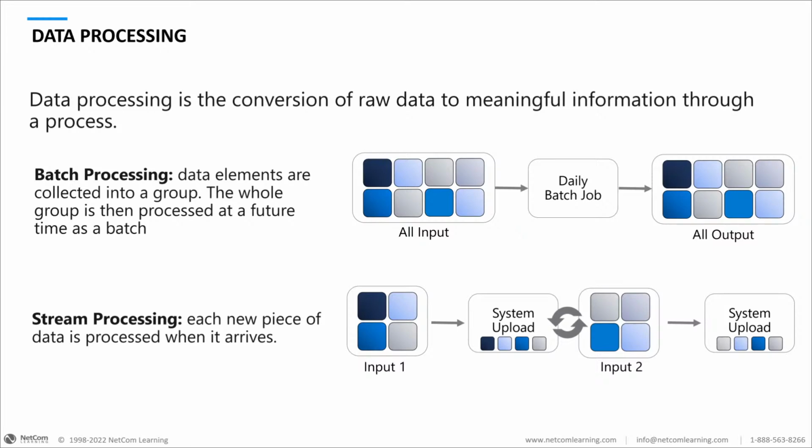So this example lasts 30 seconds. When we're doing stream processing, each new piece of data is processed when it arrives. So in this case, input 1, the system will upload it and do its thing. Input 2, then the system will upload it and do its thing. So stream processing is the capability of having the system execute as data arrives, but it also has the ability to bring the system down and to basically not make it work very well. So the data scope is important.